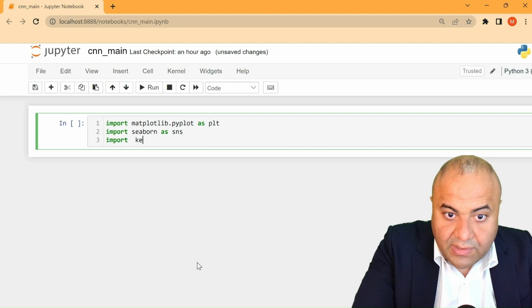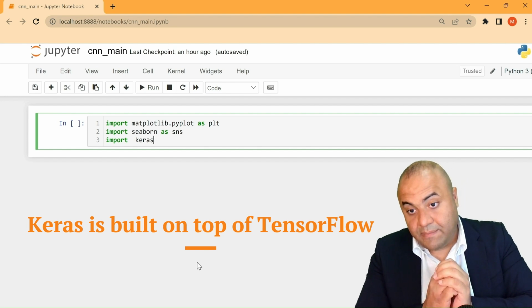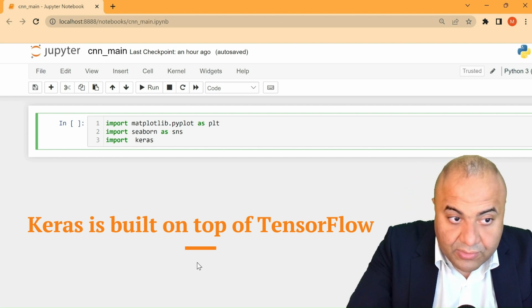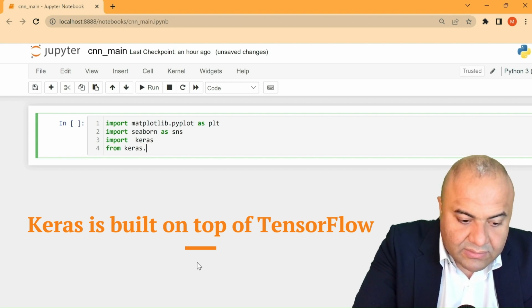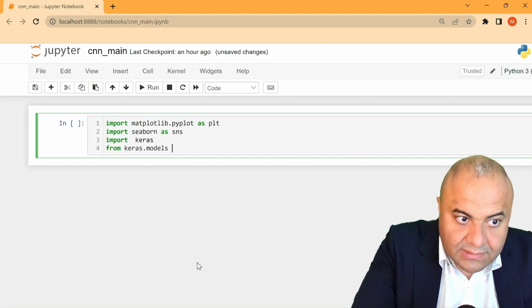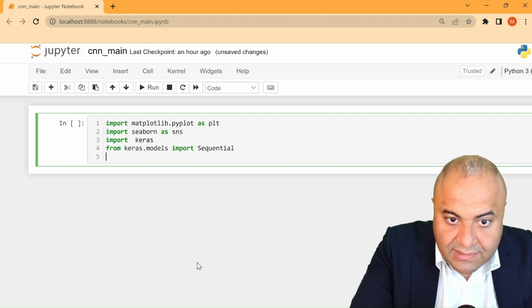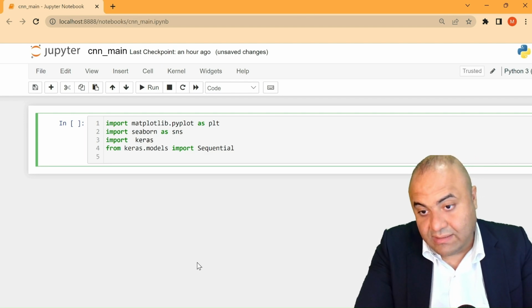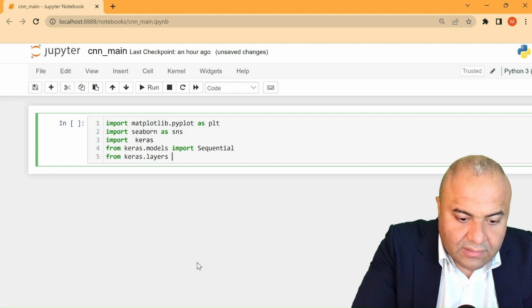Now the library we're going to use is TensorFlow, which is built on top of Keras. This is our deep learning library. So we will import Keras, and from keras.models we import Sequential, with which we define the model as sequential, in which we add layer by layer. And also from keras.layers we import